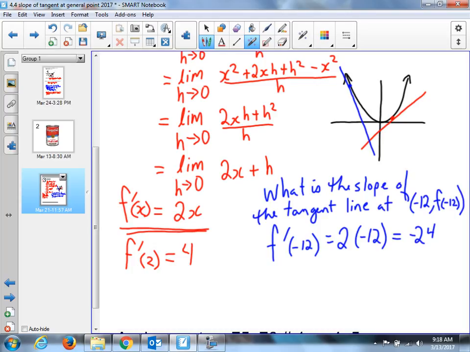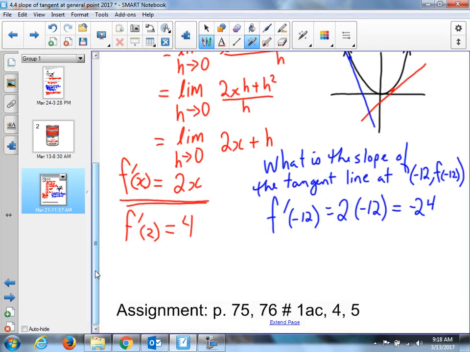Now, we'll get into applications later, though, but right now, from your textbook this time, 1 AC, 4 and 5. Try those out. And I'm giving you not a lot of time, but enough time. Oh no, that's right, today